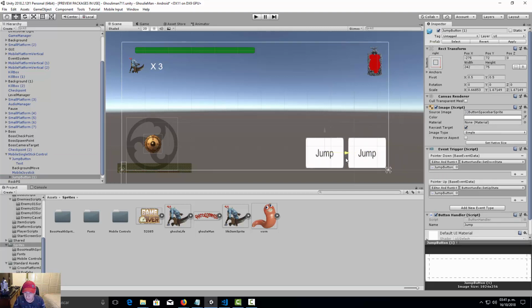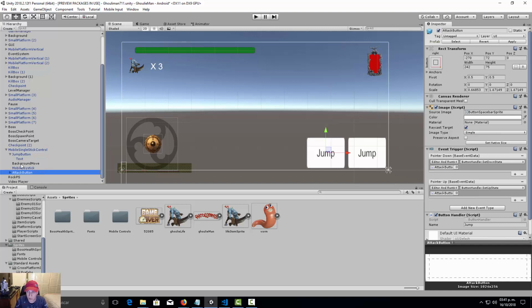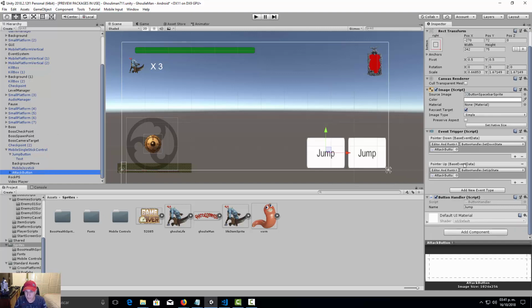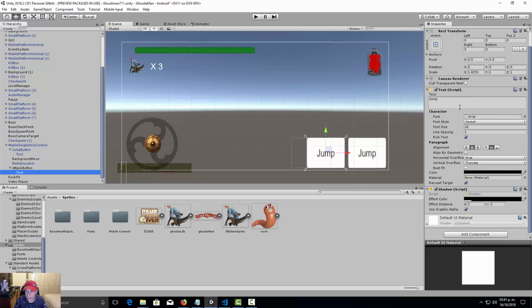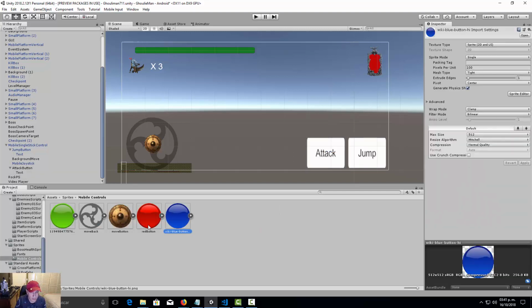We just need to put the duplicate right here, and let's rename it as attack button. Okay, so in the handler, skip button handler, we need to assign here the fire one name, and let's take the text and we put the attack. Okay, now we need to go to our sprites, my mobile controls, and you need to do these sprites